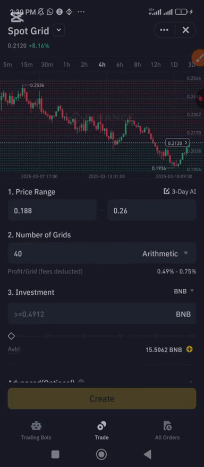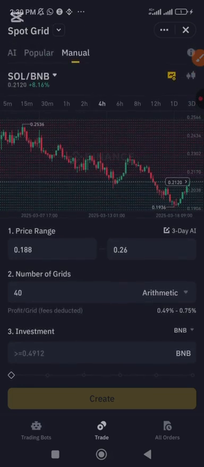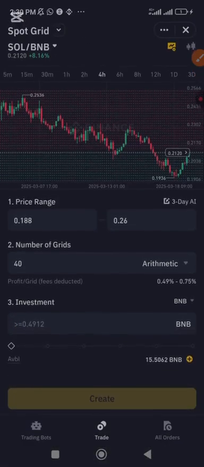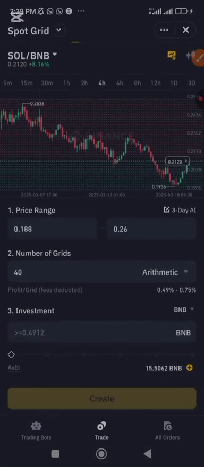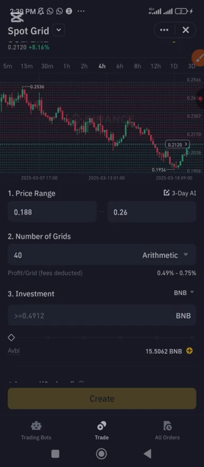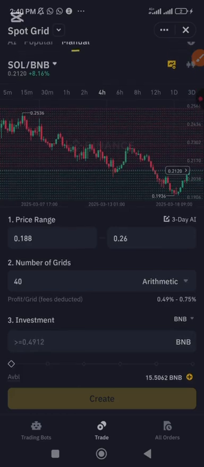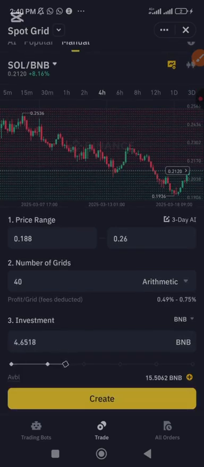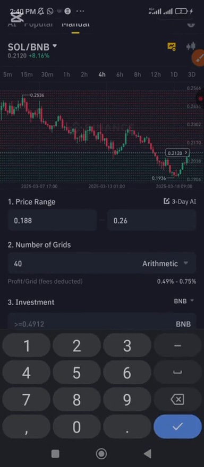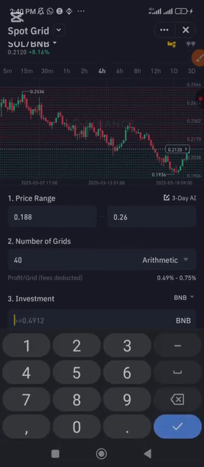So the investment, I want to invest like, let's say, 0.5. According to this setup now, the minimum I can invest in this trade based on the number of grids is, you can see, greater or equal to 0.492. So let me just start with 0.5